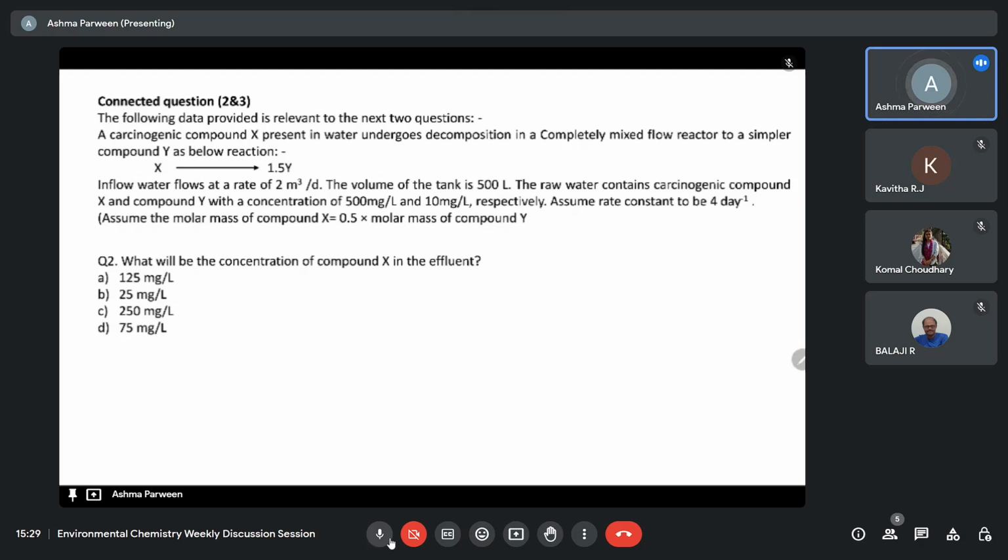So till now, I have not got any answer. So I'll give you a hint. I think you all don't remember the formula for the CMFR reactor. So for completely mixed flow reactor,